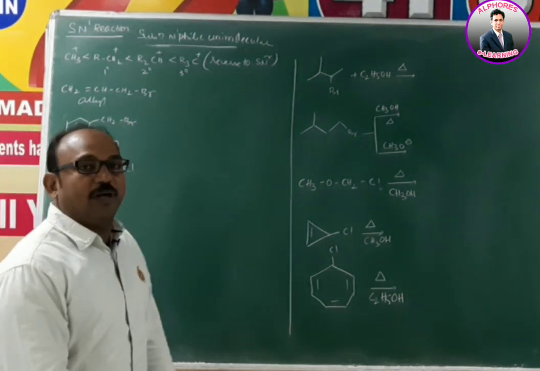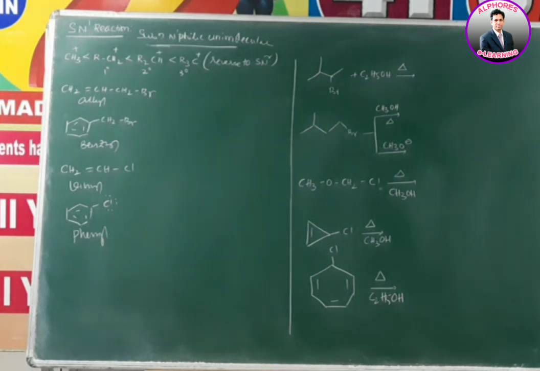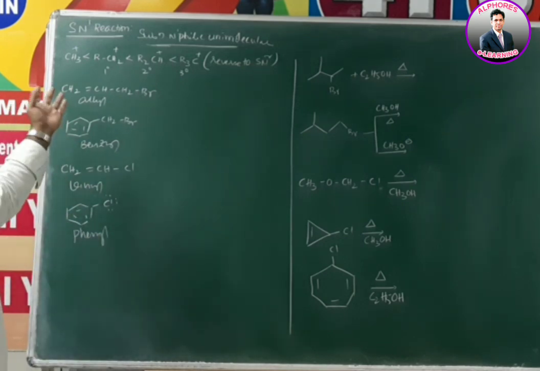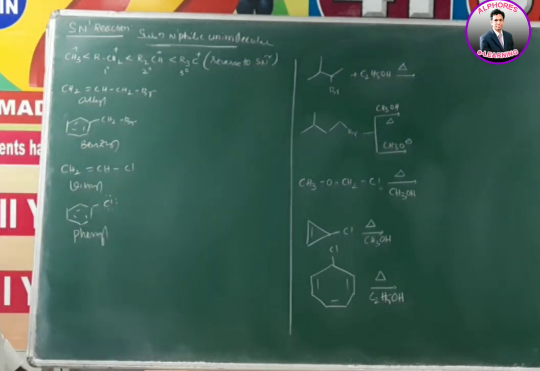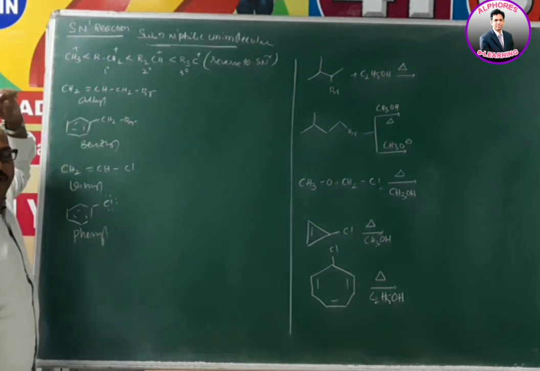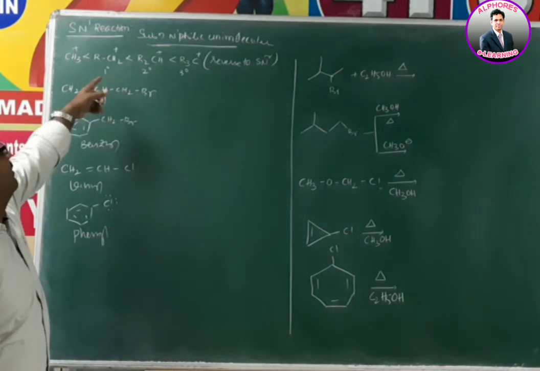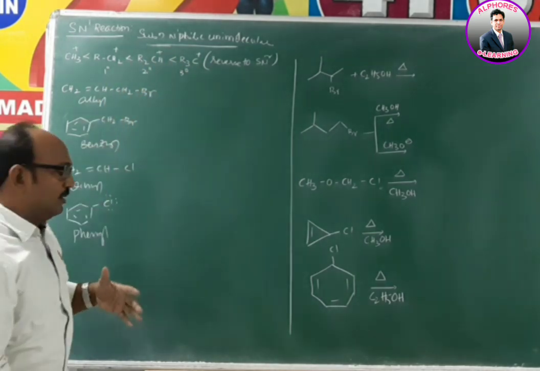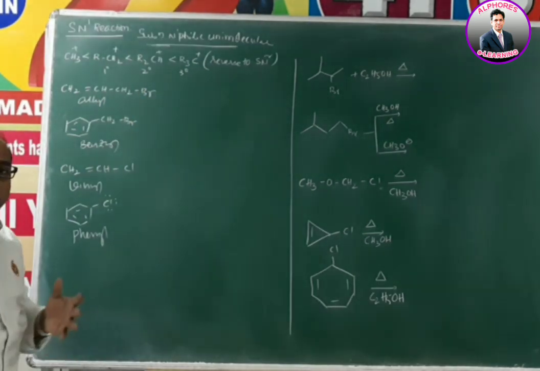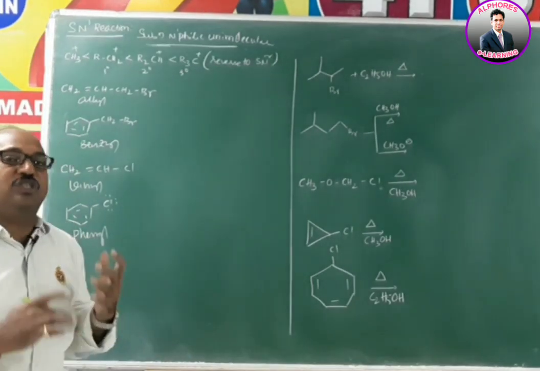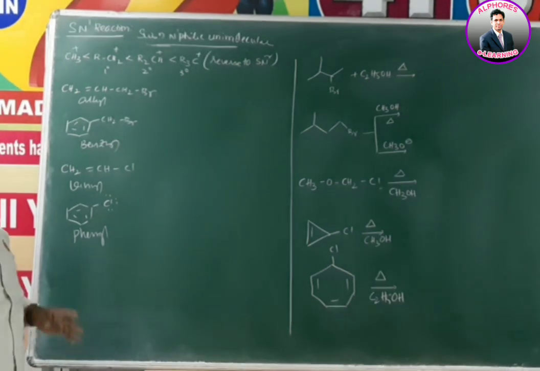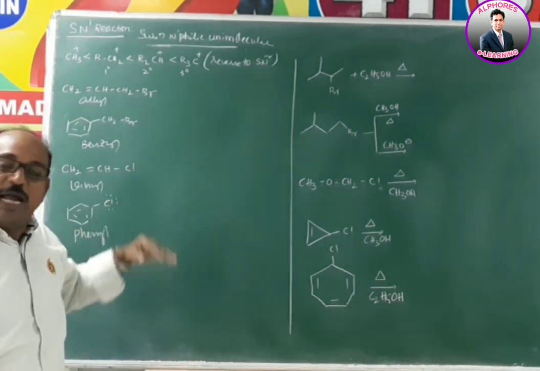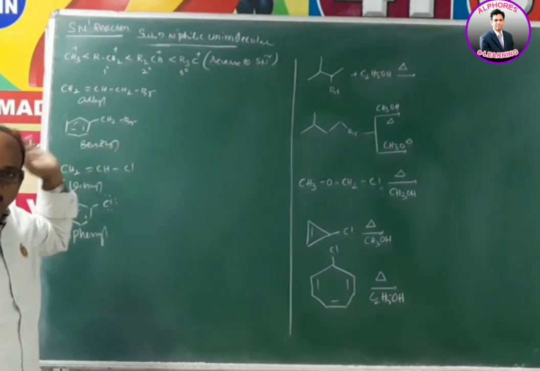SN1 reactivity order mainly depends upon the stability of the carbocation. If you observe, methyl carbocation, primary, secondary and tertiary. Methyl carbocation is highly unstable and does not form, so in such a case the SN1 reaction is very slow, we can say it does not take place. Then primary; compared to that, secondary is more, and compared to secondary, tertiary is more. And what we discussed in the case of SN2 reaction, allyl and benzyl can proceed with SN2 reaction much faster because of less steric hindrance, rear side attack is possible, and the pi electrons at the beta carbon stabilize it.